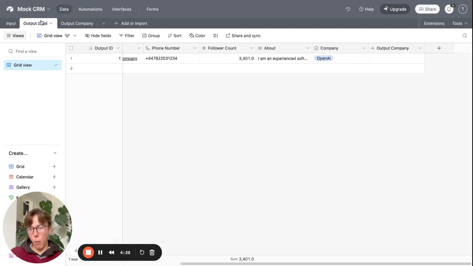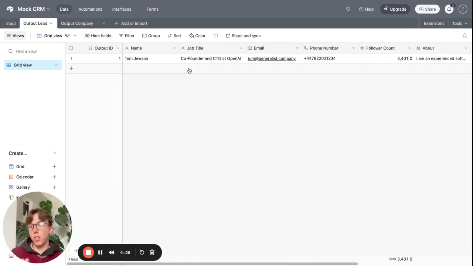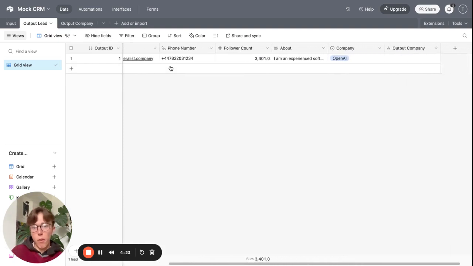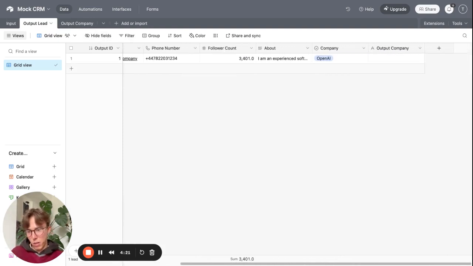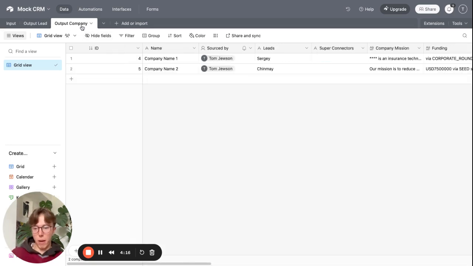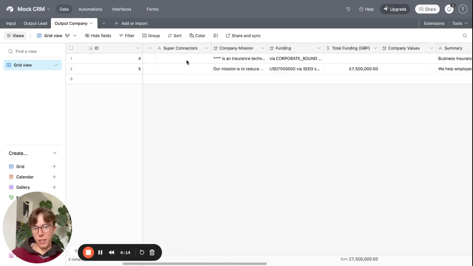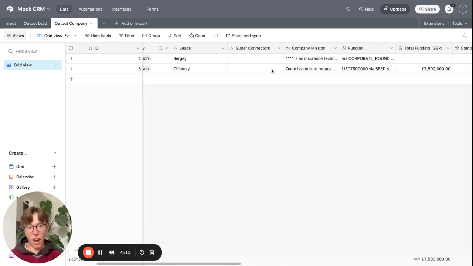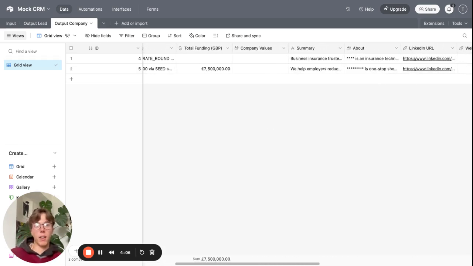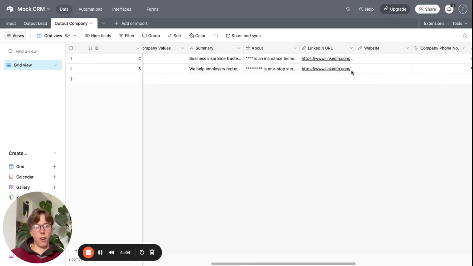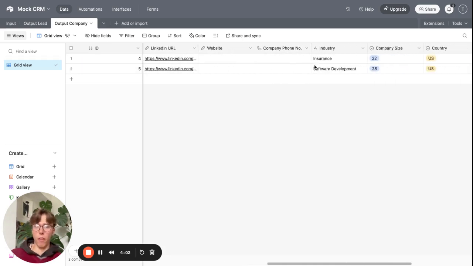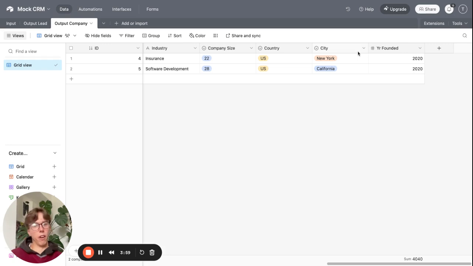So it would look something like this, where you're going to have the name, job title, email, phone number, follow account, and all the other information that you'd have on a typical LinkedIn profile. And you can also get all of the information you could get from the company on LinkedIn. So you can get literally everything: the mission, the funding, when they got funded, if they've put that on LinkedIn, a summary about the URL. Sometimes you can get the website if they put it on there, industry, company size, year founded. Literally, so much information is on LinkedIn, and you can scrape it all